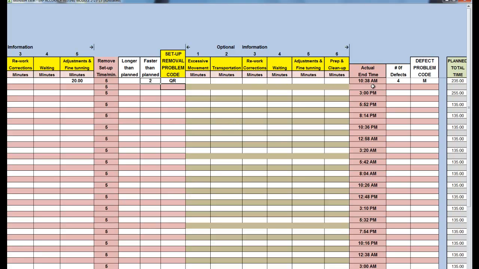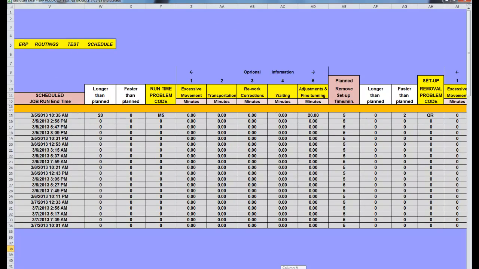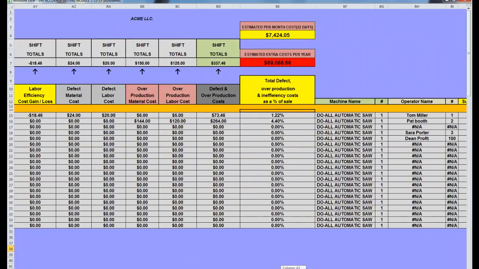And that gives us an actual end time of 10:38. I'm going to enter that we had 4 defects, and I'm going to associate those defects to that material issue. Next, we move to the test screen, and this is where anybody in the organization that wants to look at this screen as it progresses throughout the day, they can see how things are doing as far as how accurate